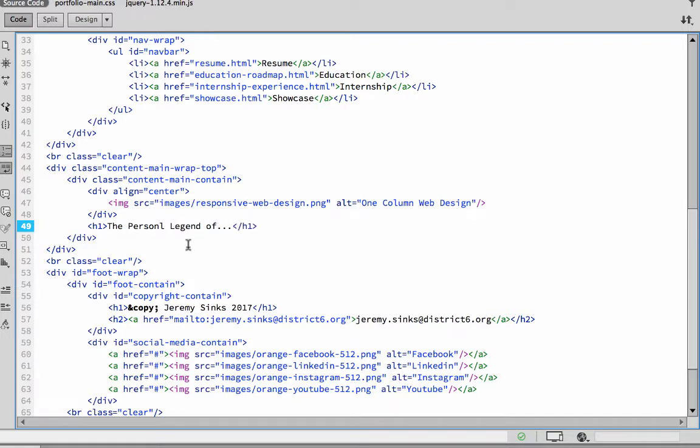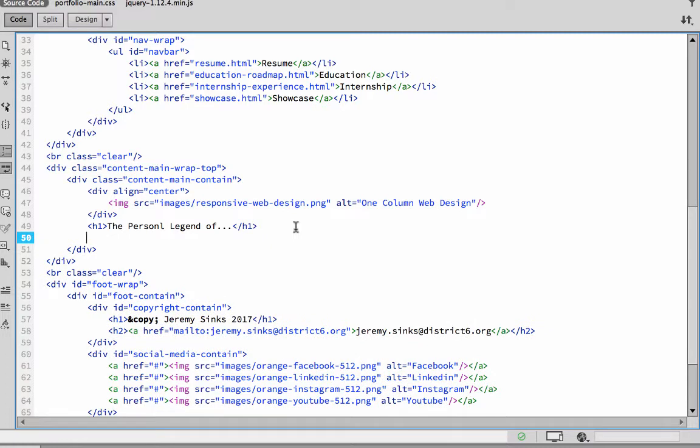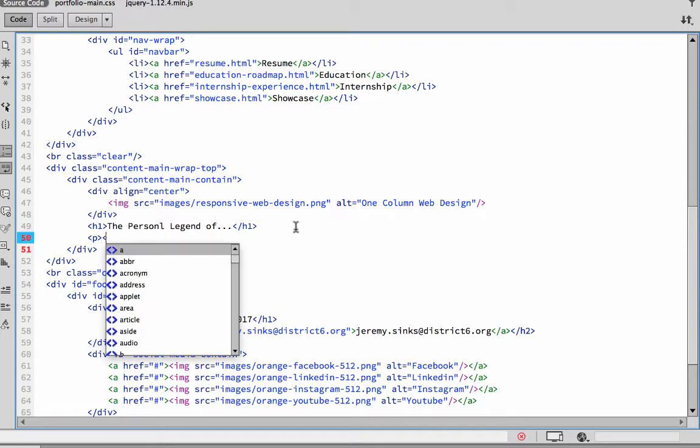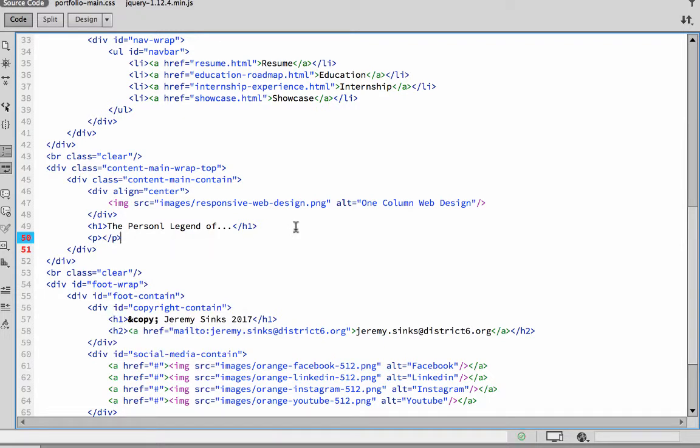of... Okay, and then I'm going to hit the enter return key here and type in a paragraph tag, left caret, P, right caret, and then /, and I want to enter in some text. Now you hopefully will have this written out already, but I have basically just some filler text, what's called lorem